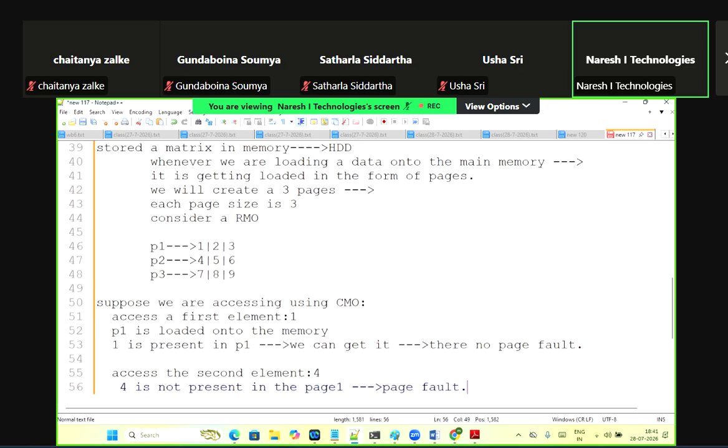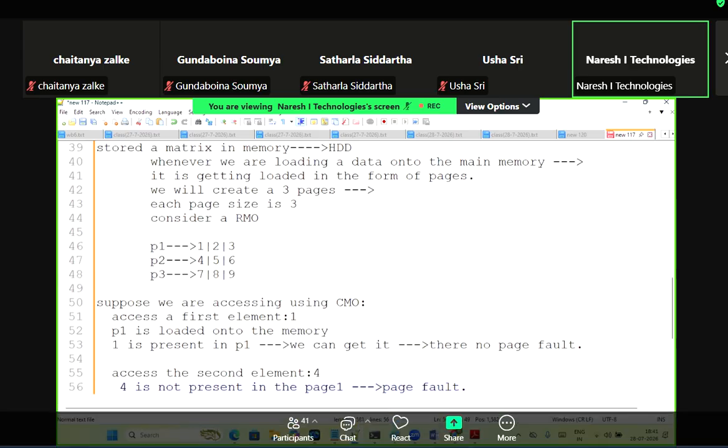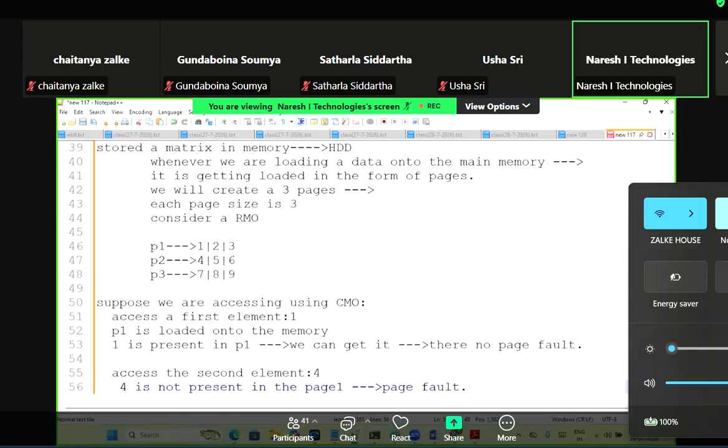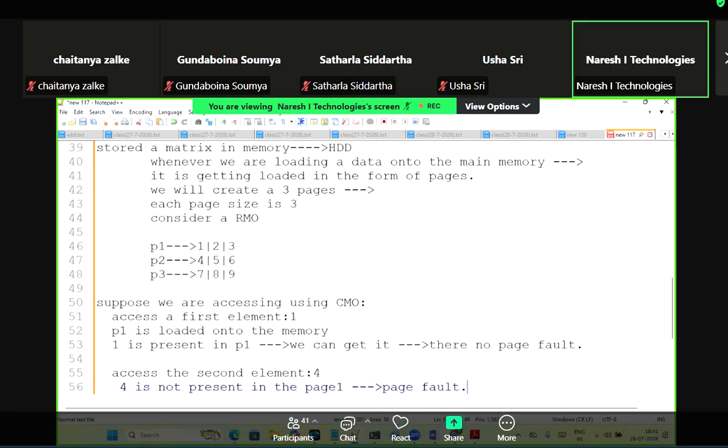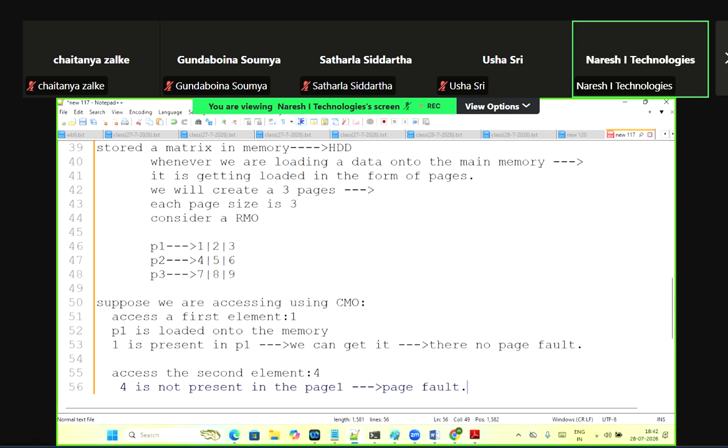This is the problem. If you are storing data in a row major order, that's why they have given the constraint. If you are storing data in a row major order, better to access in the row major order only. Don't access in the column major order, right? And if you are storing data in a column major order, try to access in the column major order, right? But this is very low level guys, है ना? इसके बहुत सारे solutions हैं, right? How exactly the things are getting accessed, right? So there is a temporal aspect, spatial aspect so that your page faults reduce, right? Because to solve this particular problem, you have many solutions for this one. But this is the thing that whenever